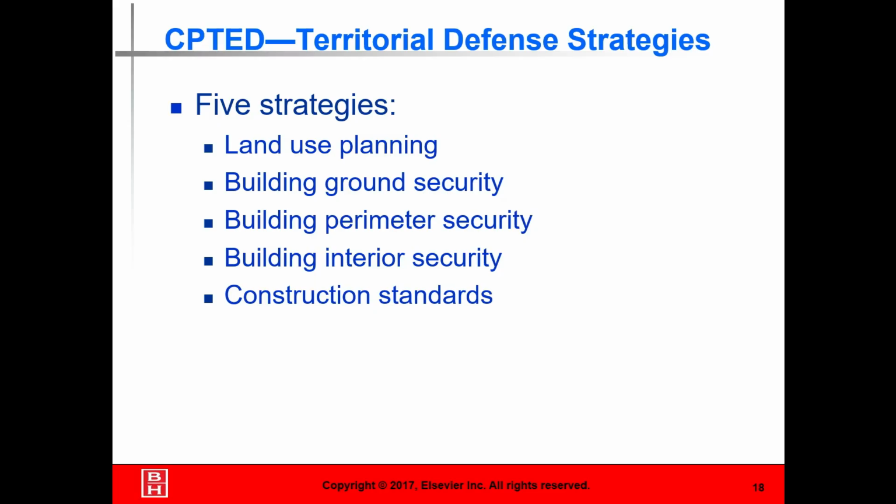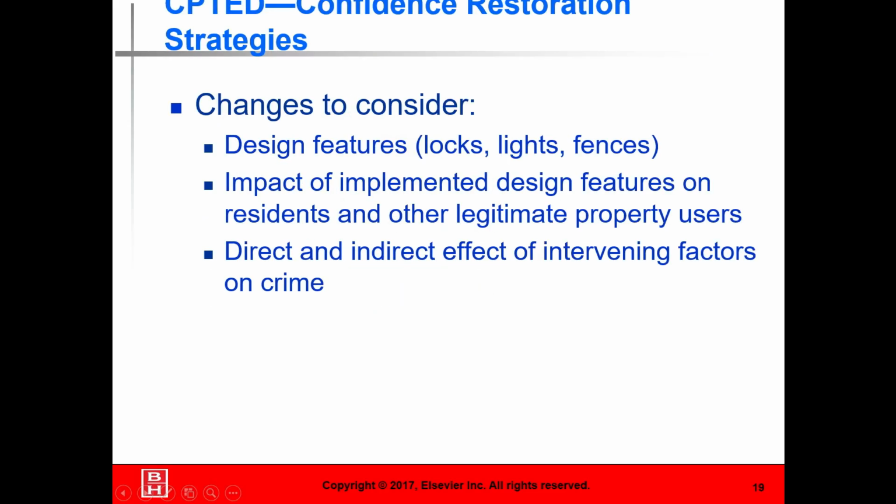Ground security. I know in building perimeters and interior, we talked all about this last week. We can have sensors and monitors and all kinds of things that we can put in place to help protect us. Again, at what point do we say enough is enough? We don't want all of this. We're going to put some things in place. Construction standards, everything is built to the same standard that helps protect what's going on. And this could be a lot about lighting and security that we want to look at.